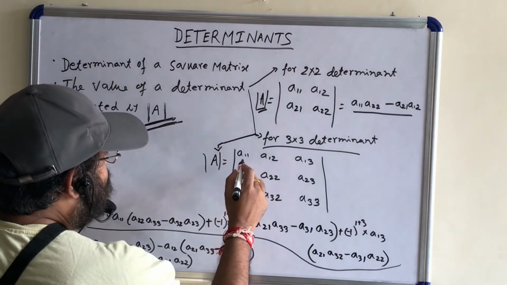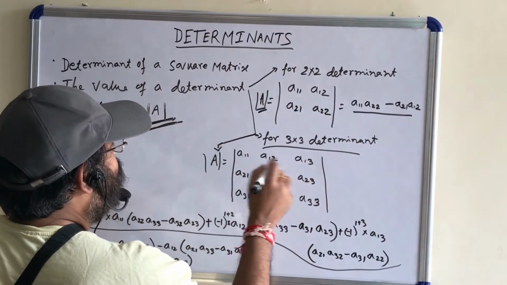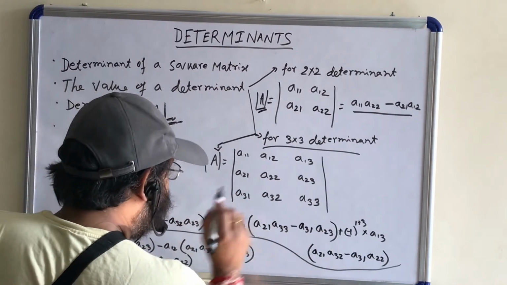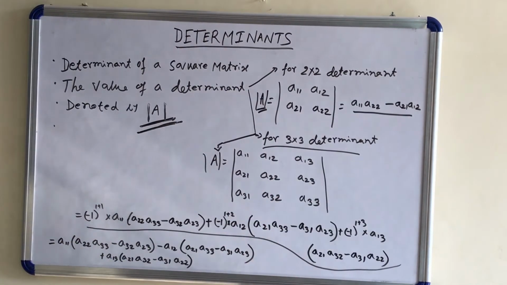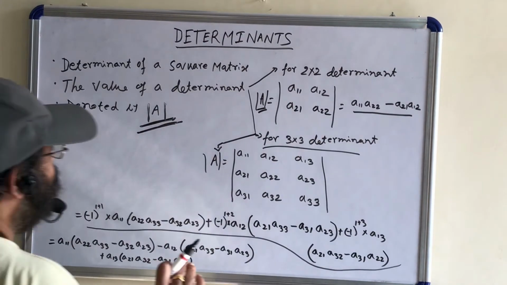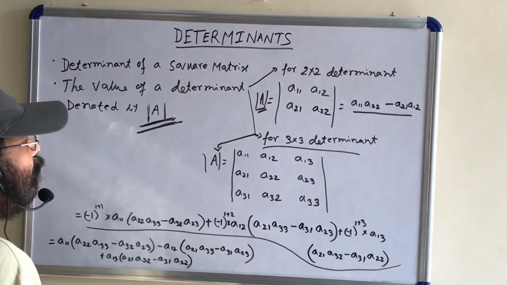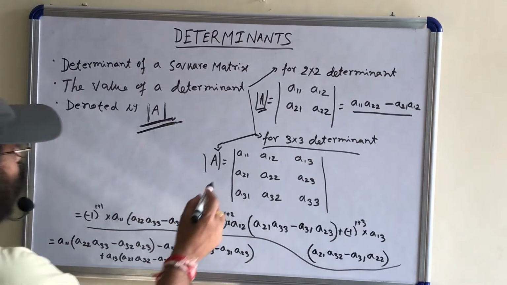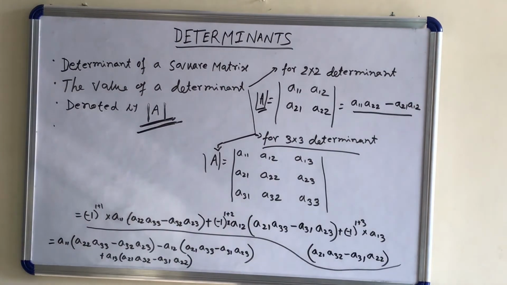If we find the value of the determinant based on the first row elements, and again if we take the second row or the third row, or the first column, second column or third column, the value of the determinant will be the same. There would be no change in the value. So for simplification I am finding the value of the determinant based on the first row. What is the first element? That is first row, first column, A11.